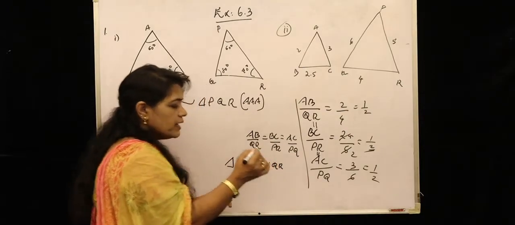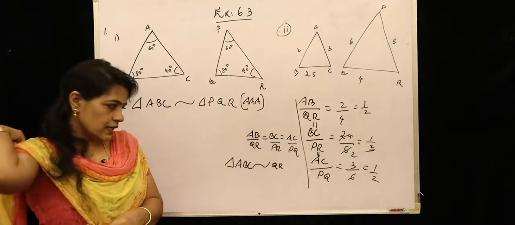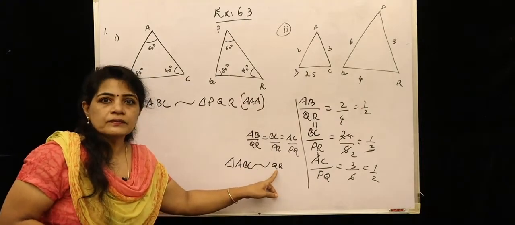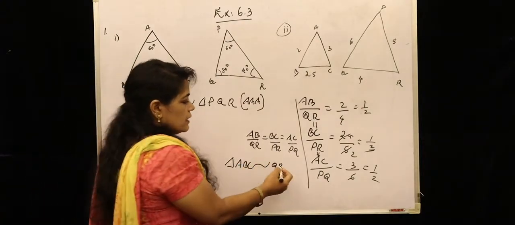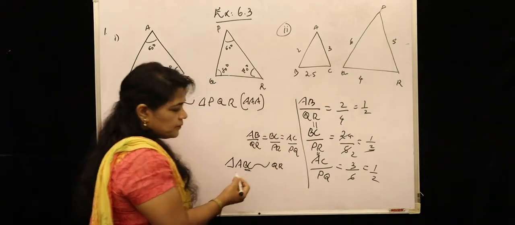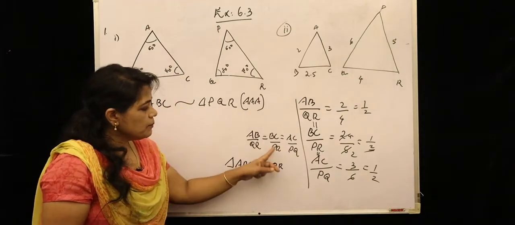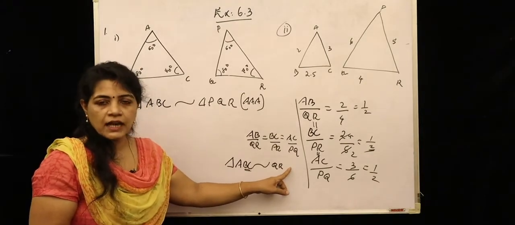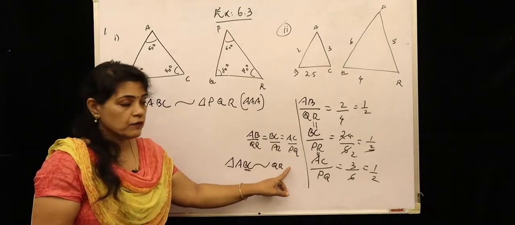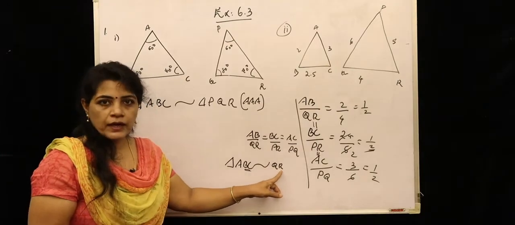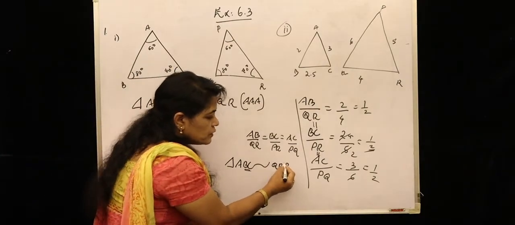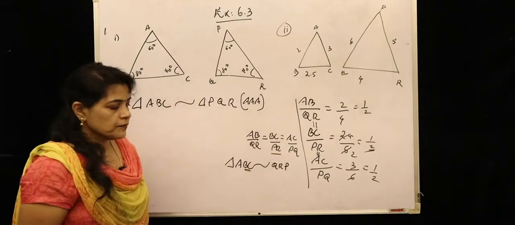That means if I am placing QR, see children, you can take the ratio AB by QR. Okay, and I am writing here the third, BC by PR. The third vertex in triangle PQR is P. We already placed Q and R as first and second position. So P, if I am writing P, you check this is also satisfied or not.